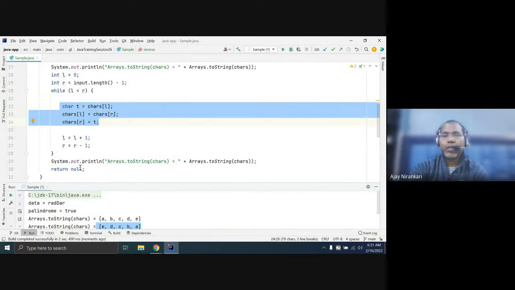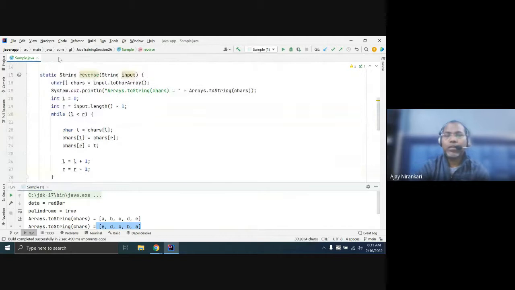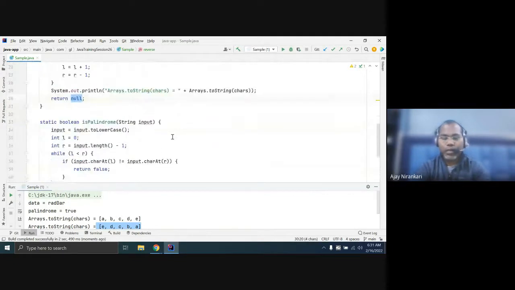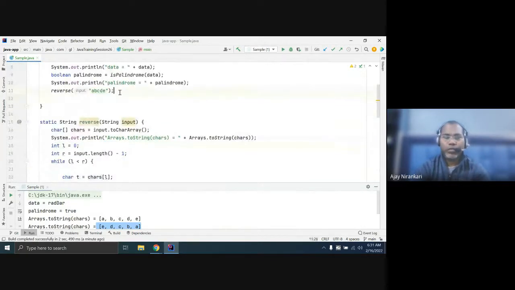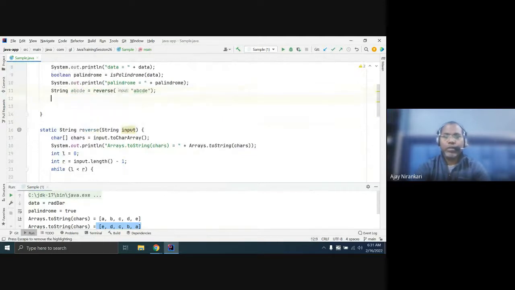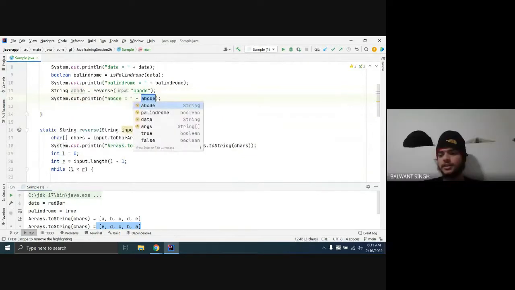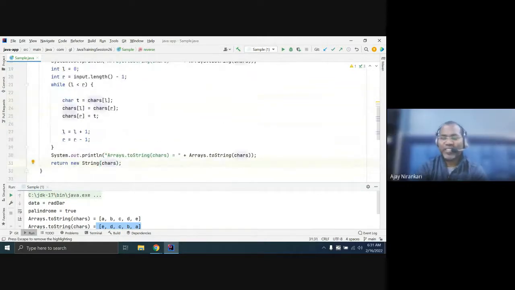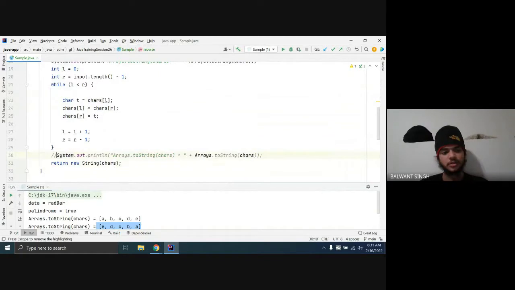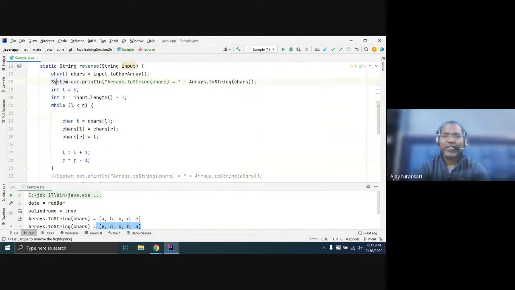Right now, you want to return the string. Here simply you can use the string class, which has a different constructor. You can use new String and pass your chars, so it returns the new string with the reverse. Sir, we can directly put the array inside the constructor? Yes, this is one constructor.